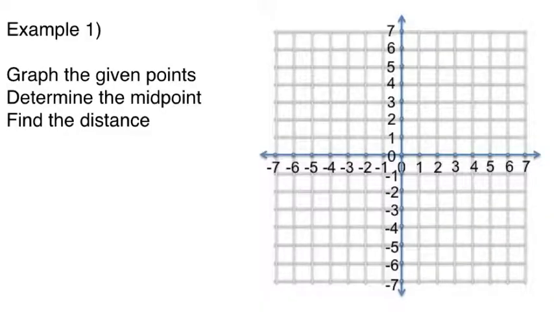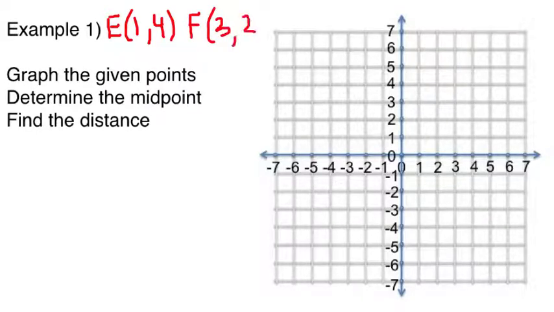For this first example, let's just plot a couple points here and determine the midpoint and the distance. So given the following points, E at 1, 4, and F at 3, 2, we would go over 1 up 4 for point E, because remember, the first number in a coordinate is how